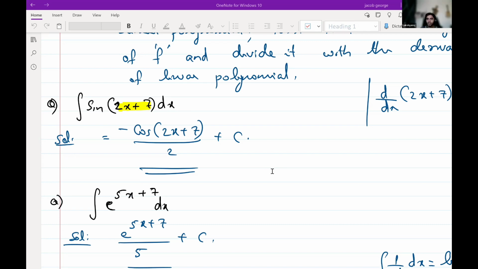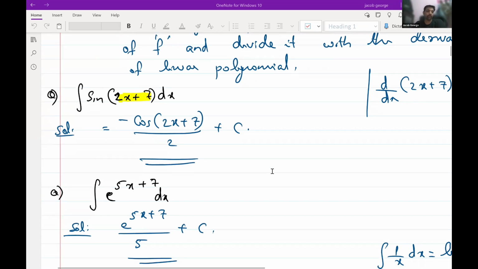Minus cos 2x plus 7 divided by... the integral of sin is minus cos, divided by the derivative of 2x plus 7, that is 2. Is it clear? Yes, sir. This is how it is done. If there is a function and inside there is a linear function, we do all these questions